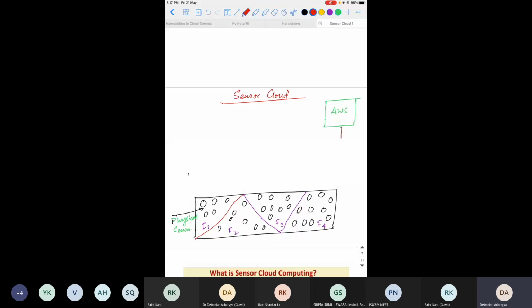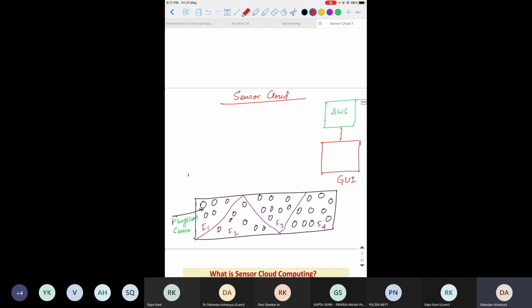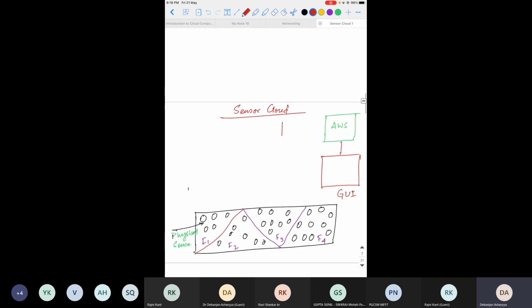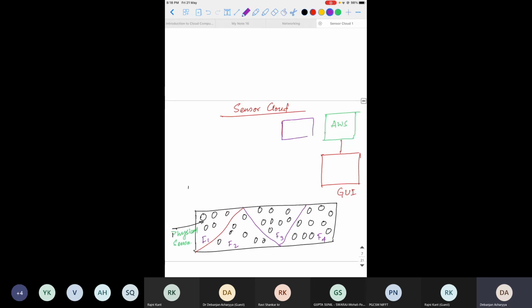And you also know that there should be the graphical user interface. In between, there may be some gateway as it was in the case of WSN. So you can think that the sensor data will go to the gateway and that will upload it to the AWS, and you can see the different data in graphical interpretation.